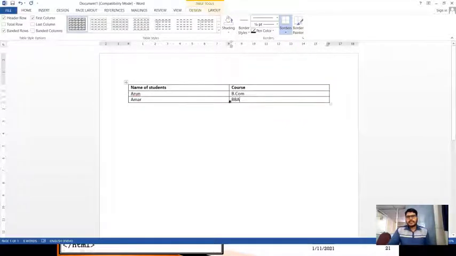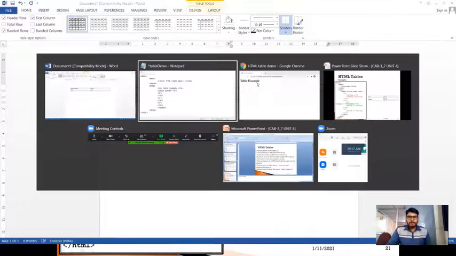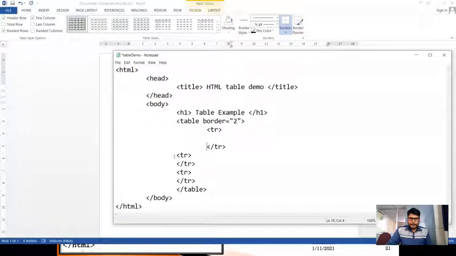So to create it like this, you can see there is the first row, second row, and third row, isn't it? Within each row we have a first column and a second column. That means within every row I need to create 2 heading tags or TD tags. So let me do this. Now within the first row, what do I need to define? Let me leave some space here.